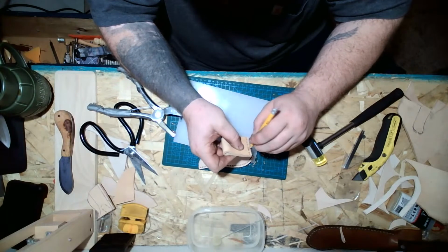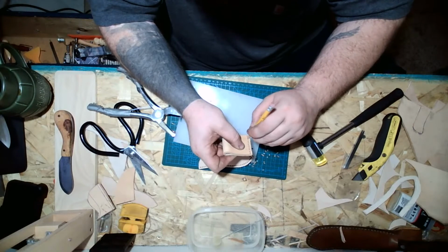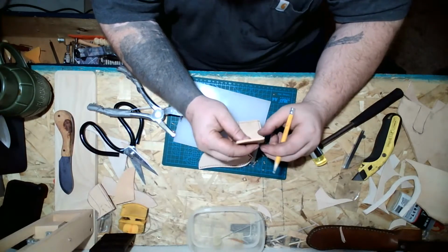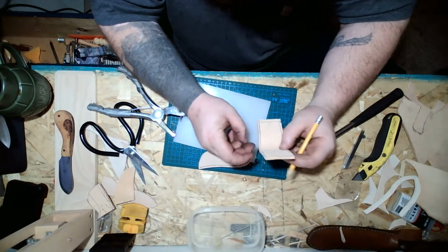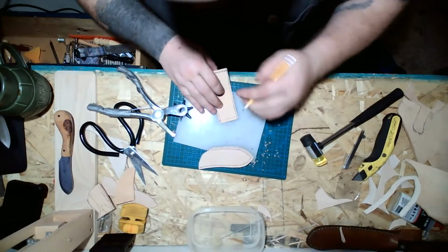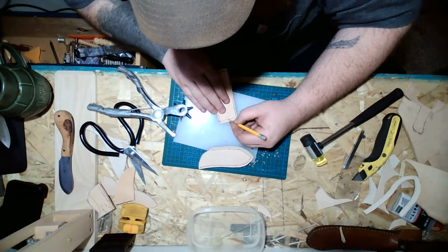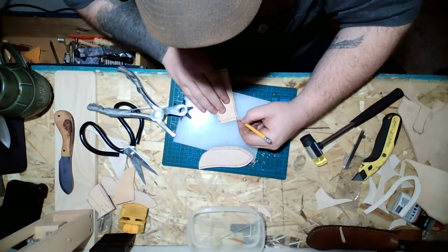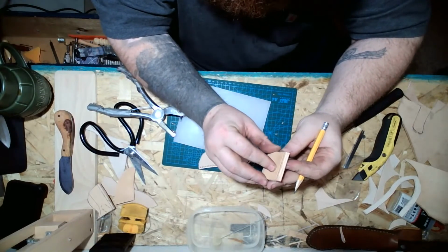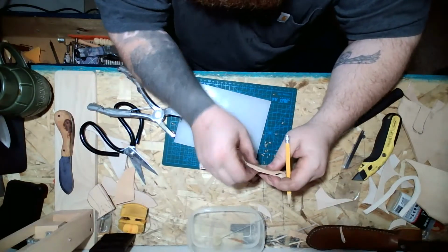Big sheaths cost 100. Axe coverings, holsters, it depends on the holster. For one reason, I need to go get the piece. I need to get a dummy version of what you want me to make, right? And it's built. So when one of my clients asked to get a holster done,